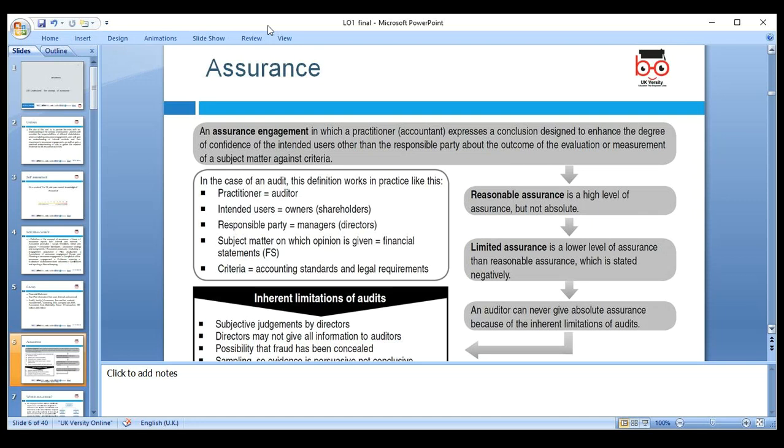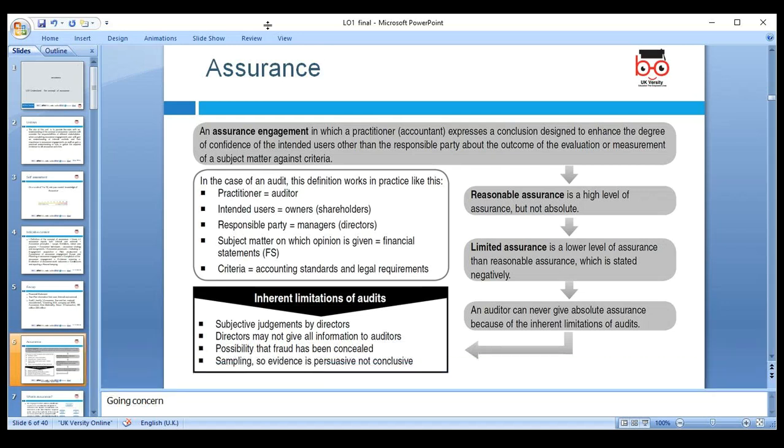So assurance can be reasonable. Reasonable assurance is a high level of assurance, but not absolute assurance. We check the books of account, we did the audit, but whatever we found, those are relevant under those laws. Maybe in future the value will go up and down. We can't give 100% assurance. Maybe there is still a fraud there. But whatever we did not find, we observed everything in the processes. And the company is a going concern. Do we know what is meant by going concern? Okay, so that's the key message.